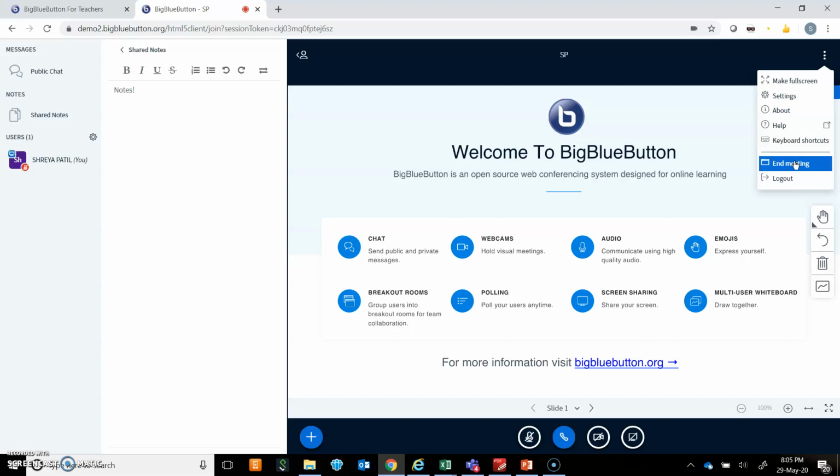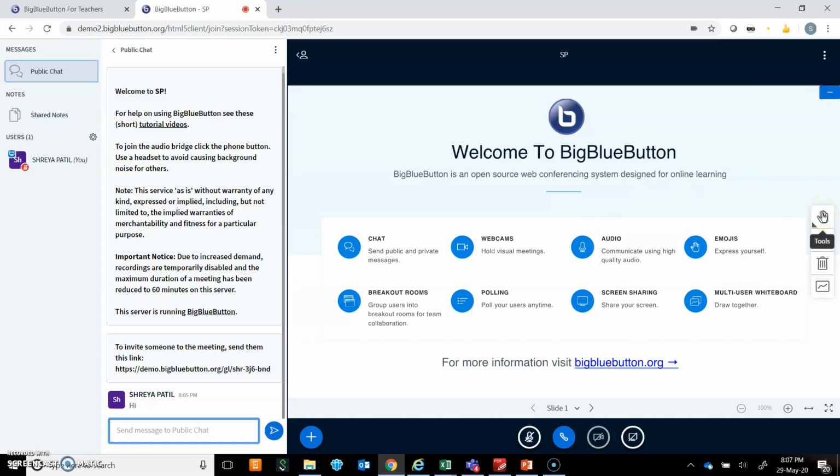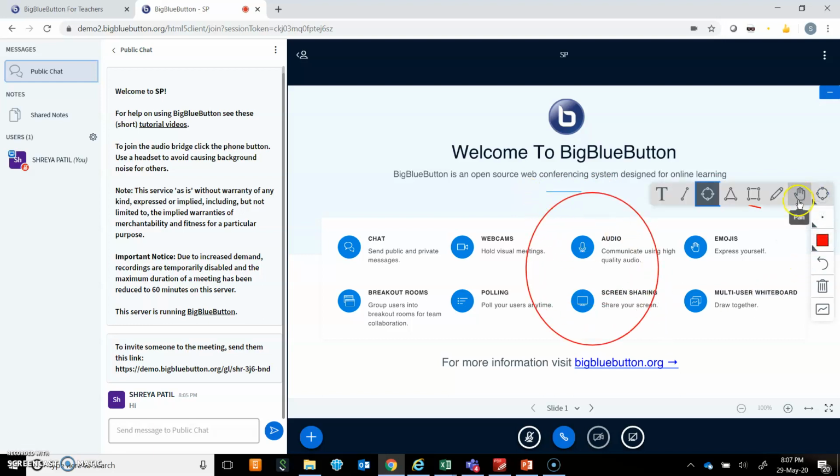So at the end, I am going to click on this, and there is also an option to log out. There are various tools available here. If I click, I can write text. I can have a text box in which I can write, and I can also have a line. I can make diagrams. I can have a circle. So if I want to make a schematic presentation, I can do that. I can also easily draw a triangle.